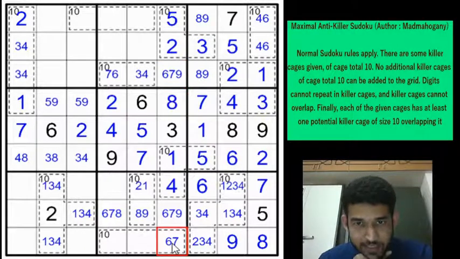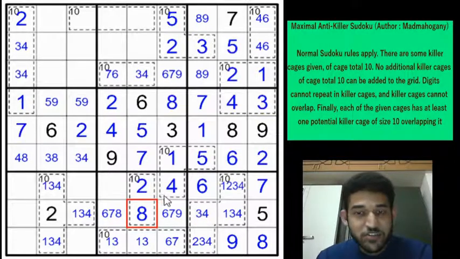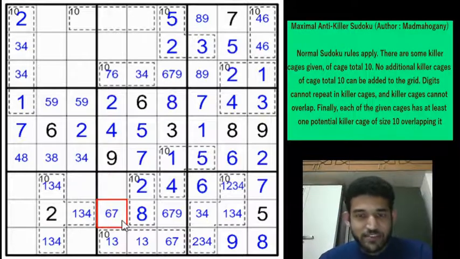So if you have a 6 here, this is going to be 1 or a 3. And if you have a 7 here, it is going to be a 1 or a 2. So in both the scenarios, the common logic is that 1 must be in one of these two cells, right? So which eliminates the 1 from row 7 column 5. So this will be a 2, this will be an 8. The logic in the Sudoku is really deep and it's extremely very good. So we eliminate the 8 from here because we place the 8 here.